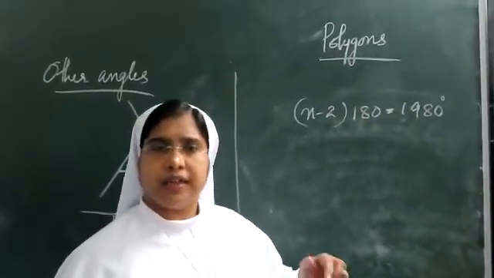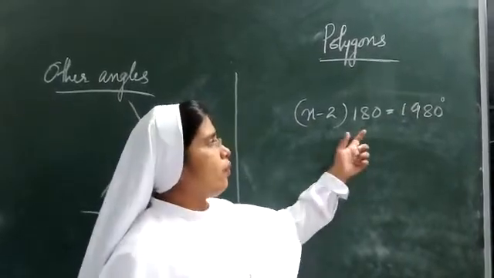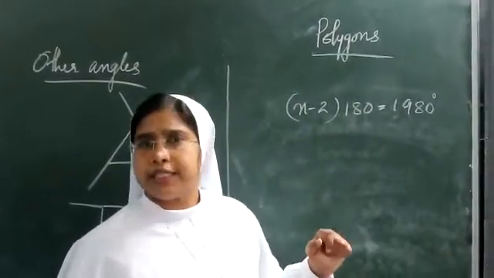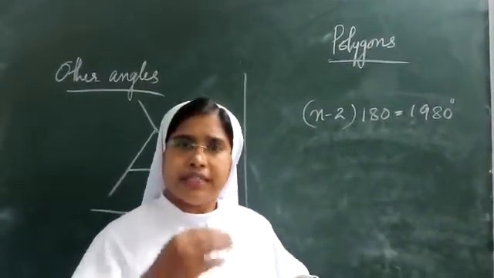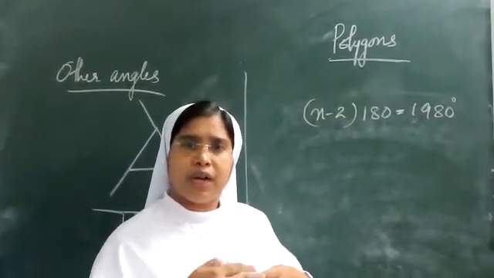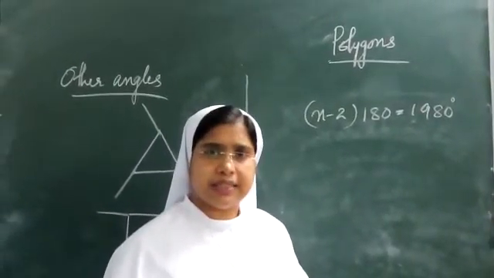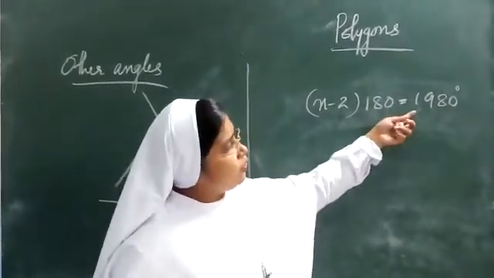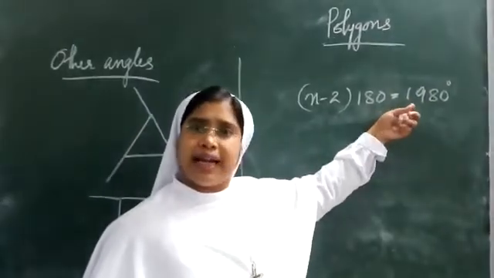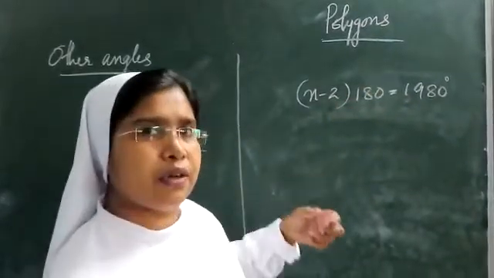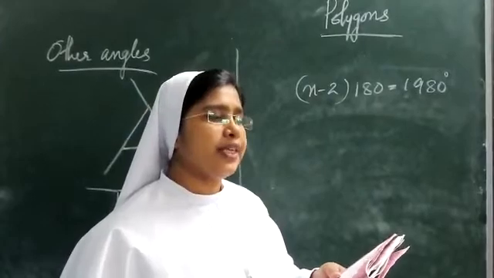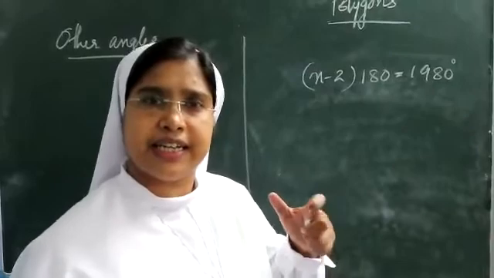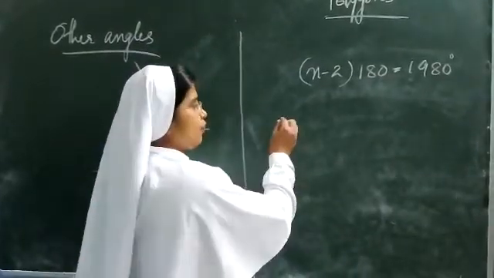They are not asking how many sides are there. That is not the question. If one more side is there, what will be the angle sum? And if one side is less, what will be the sum of the angles? I said just before, each time when one more angle is added, 180 is added. Then when one angle is less, 180 is subtracted. Here how much do we have? 1980. According to the question, what is the sum of the angles of a polygon with one side less? One side less means one angle is less. How will you find out?